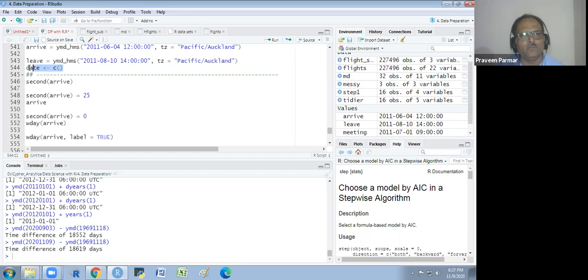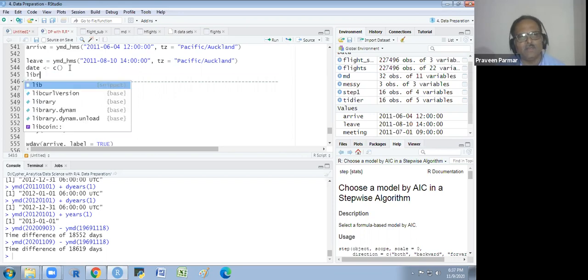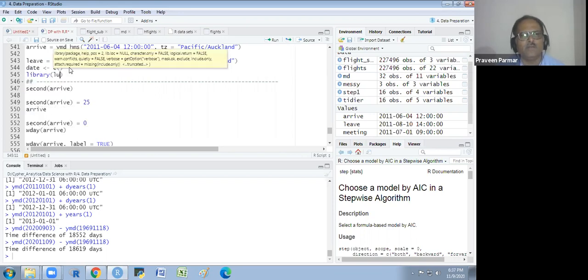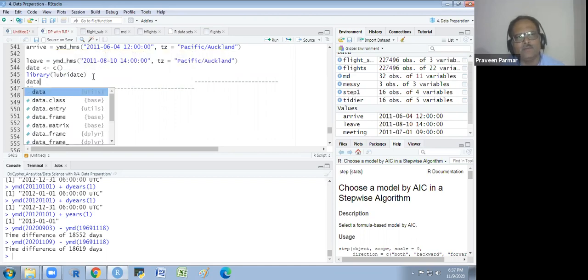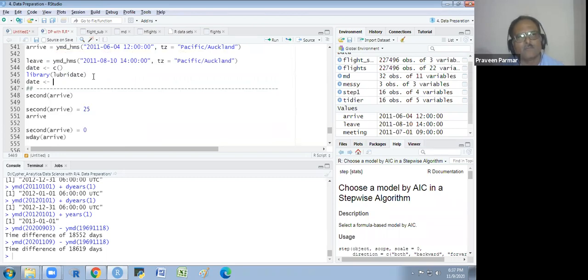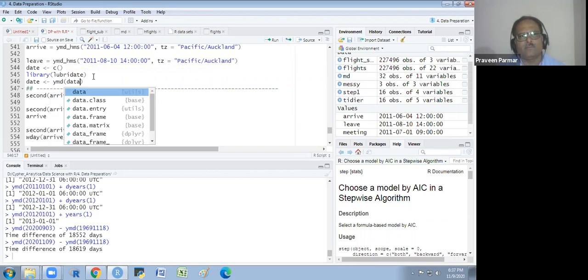Whenever we have a date column, I'm just giving you one idea. You run the library Lubridate, and then after running it, whatever the format is, if it is YMD, you write ymd.